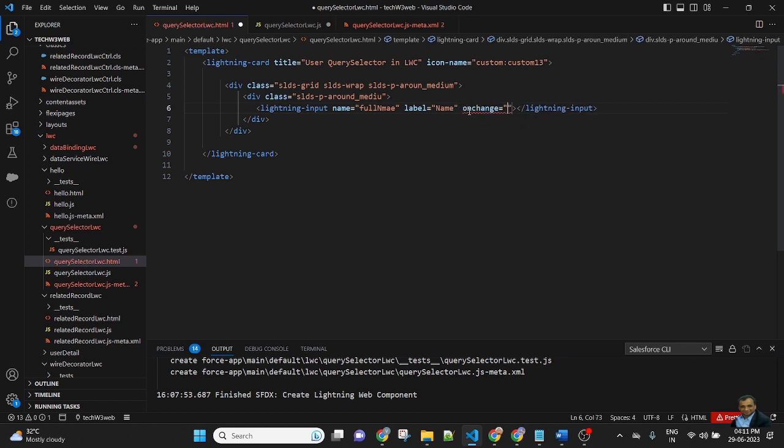On change we will pass the handleChange action in curly brackets. So I created the first input field.